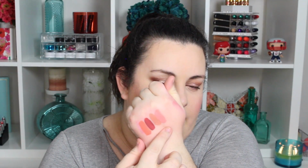So Creme Brulee and Peach. Then we have Framboise, which is this gorgeous kind of dusty, brighter, but still very neutral wearing pink. Then we have Fraise Bonbon, which is the red that I wear all the time and love. This is more of a pink-based red. Stunning on. And then I have one of their more metallic ones, and this one's called Daiquiri. This one's like a beautiful pink with a gold kind of shimmer to it. It's really, really visually stunning. That's Daiquiri. Now that wraps up all of my high-end, but while we're talking about liquid, let's do my drugstore